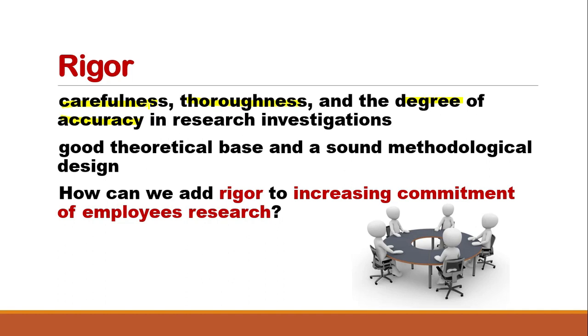So, as we have seen, a rigorous research should involve a good theoretical base and a carefully thought out methodology. And these factors would enable the researcher to collect the right kind of information from a larger sample with less degree of bias, and this will facilitate a suitable analysis of the data. So the following topics that we will discuss will address these theoretical and methodological issues in detail.